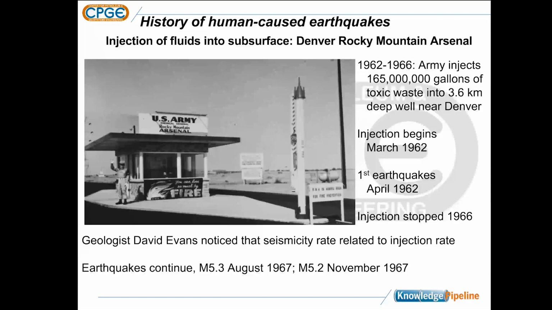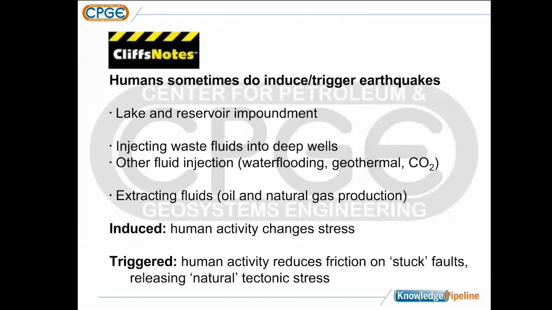The Army stopped injecting in 1966. However, the earthquakes continued. That is, the largest earthquakes, of magnitude 5.3 and 5.2, occurred in 1967. So in the science community, it's been established for more than 50 years that humans sometimes do induce or trigger